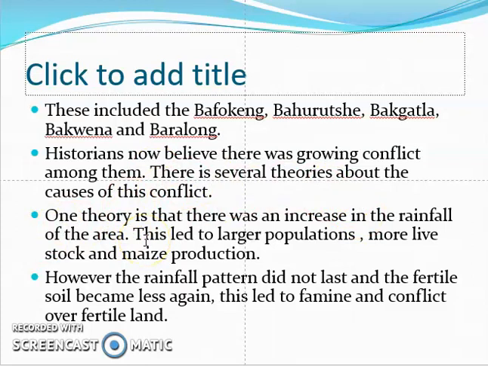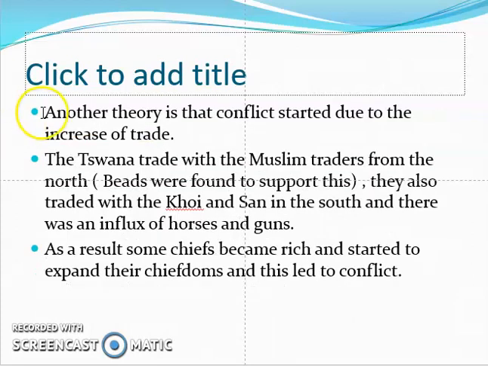This led to the population expanding, because more livestock and maize production means more people, means more babies will survive, and that means the population will become larger. However, rainfall patterns don't last, and this one didn't last, and as the soil became less fertile again, this led to famine, people going hungry, and that led to conflict over the fertile land. Another theory